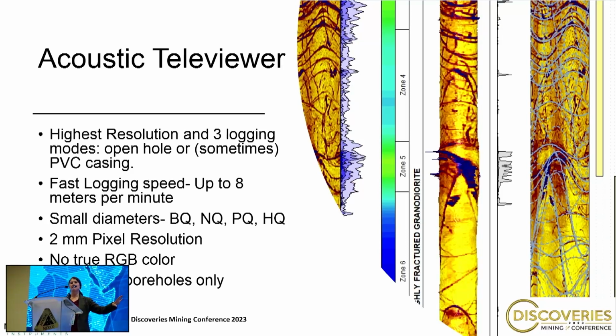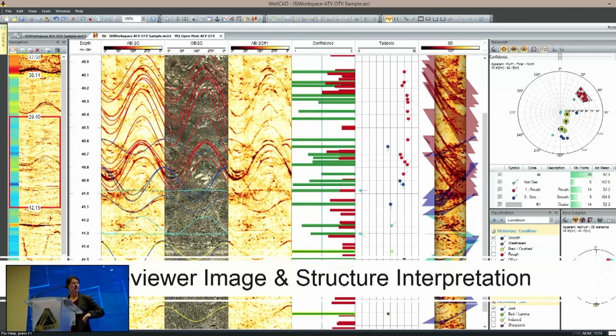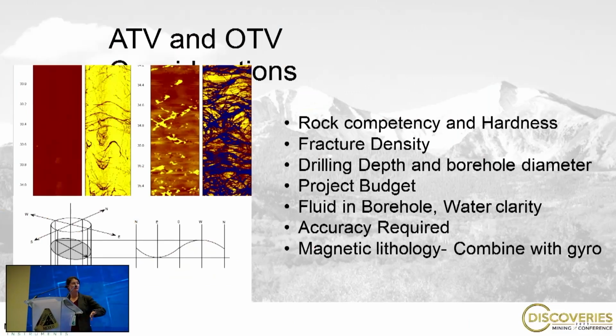These are just things to keep in mind for those of you that are looking at doing these televiewer projects, right? When you're looking at budgeting and collecting this televiewer data, kind of keep these logging speeds in mind, keep these resolutions in mind, because you're the ones who are going to be making the decisions about what to determine for your project. So if this doesn't make a lot of sense, I just wanted to give kind of an overall view of televiewers, right?